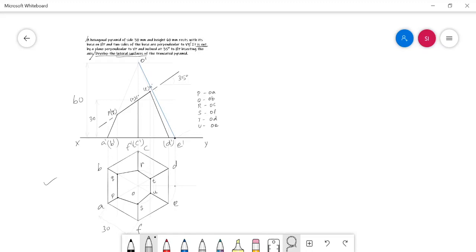Definitely this should be greater than 60 mm. For this instance, I am just taking it as 68 mm roughly. But in your paper, when you draw this with the true scale and true dimensions, some value may vary.